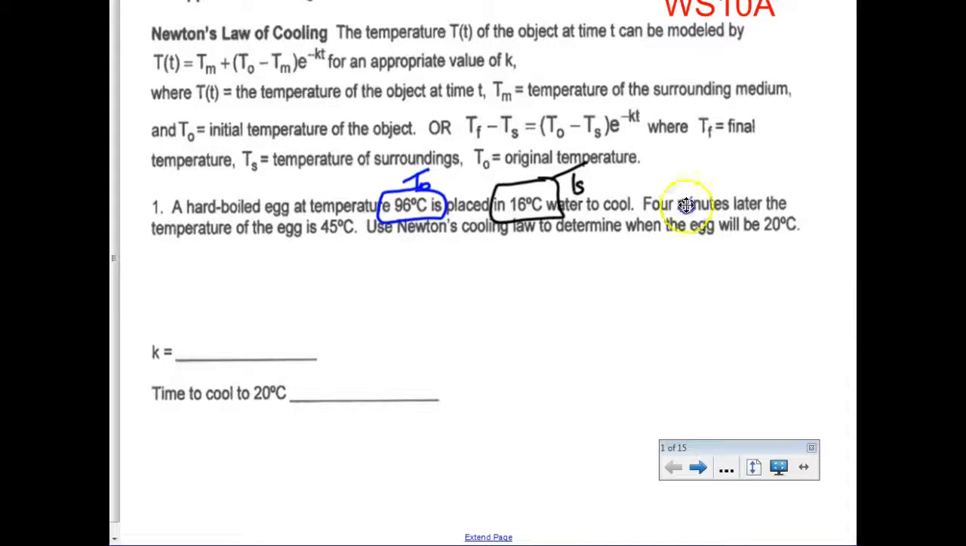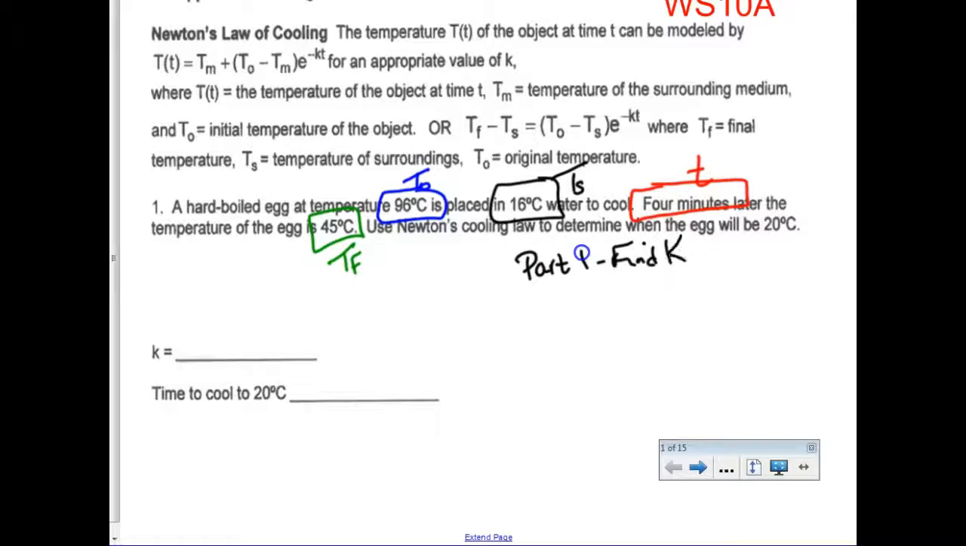4 minutes later, I hate when they spell numbers. It always bothers me. I always miss it. That's your T. The temperature dropped to 45 degrees. So that is your final temperature for part 1. Remember, Newton's Law questions have part 1 and part 2. So for part 1, where we're trying to find K,